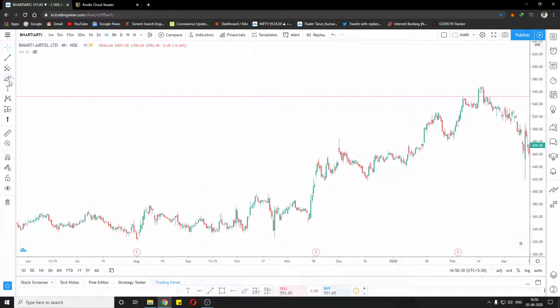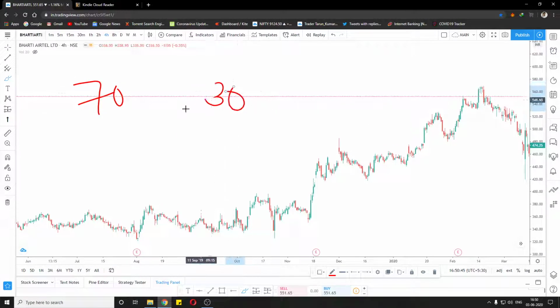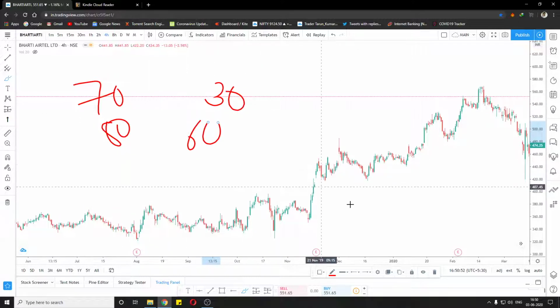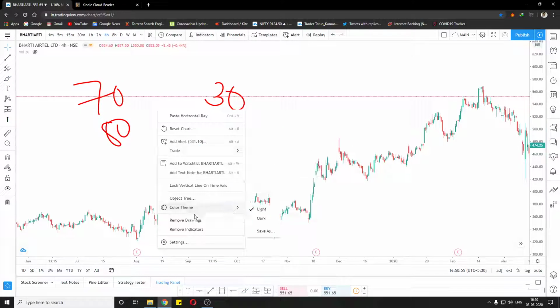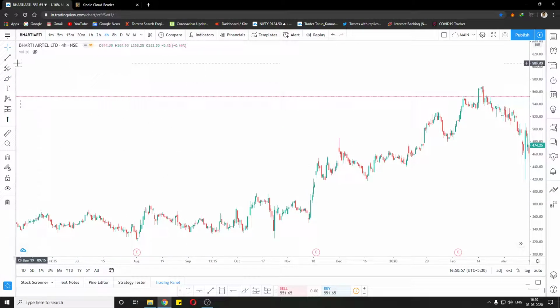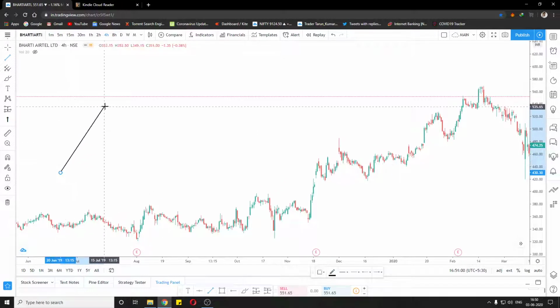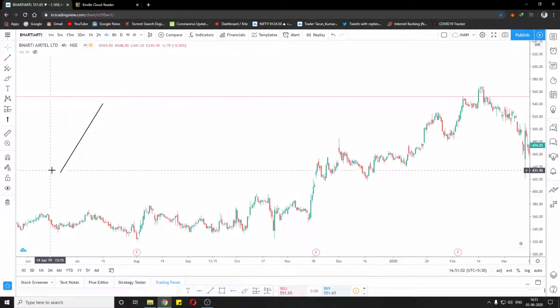And then we have the third, which is the sideways market, where the market spends most of its time. I think all of you have heard that the market is 70% of the time sideways and 30% of the time moving, or 80-20, or some people say 60-40. But the main point is that the market is more sideways than trending. Now, what is a sideways market? In a sideways market, it can occur anytime. If we have a point A to point B, then we come down.